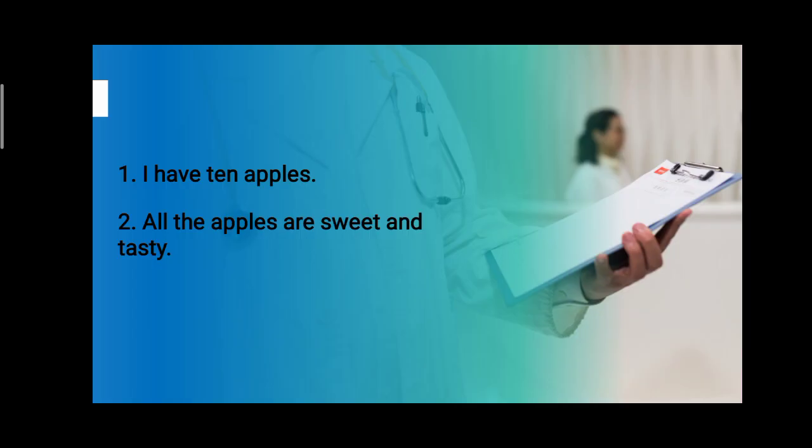So here the topic is adjectives. To understand adjectives, let me show you a few examples. Number 1,